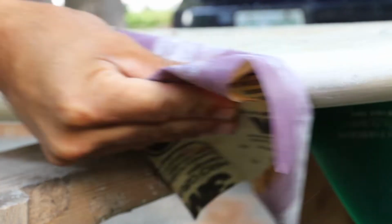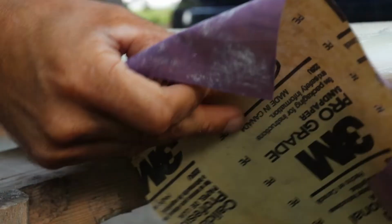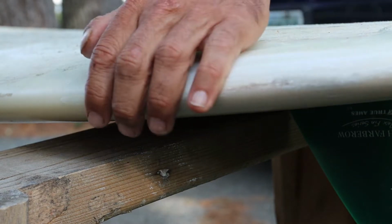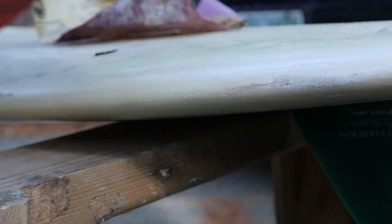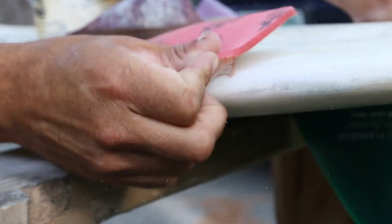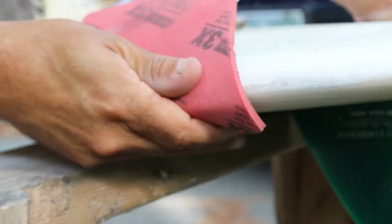You know, I'm not too concerned with perfection on these things. We just really want it to be watertight and not spend hundreds and hundreds of dollars on an older board and ding repair, right? We just did this ourselves. This is watertight. This rail is very smooth. We're gonna work on it a little more and see if we can. You know, we spent less than an hour. We did 4 dings,